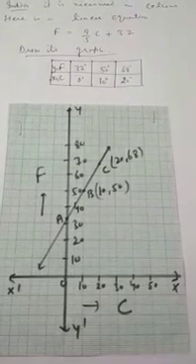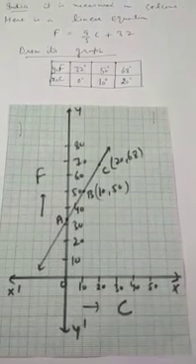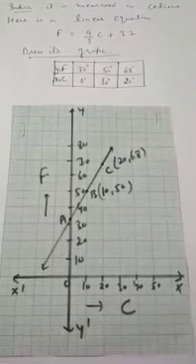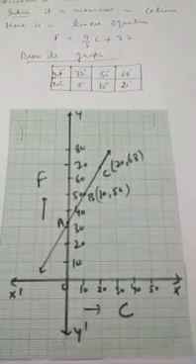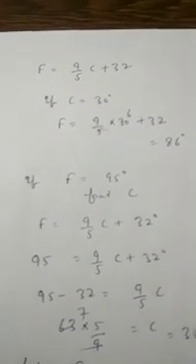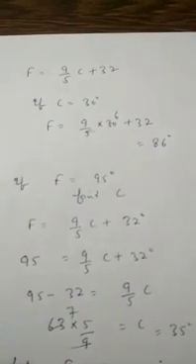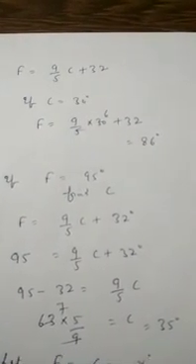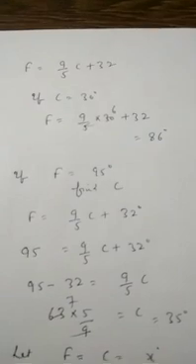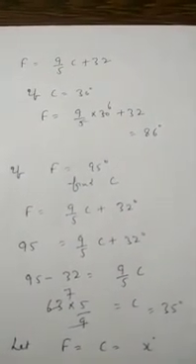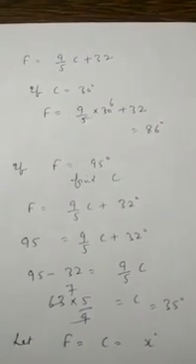So in this way, we are able to plot the graph of a linear equation in two variables in the case of word problems. Now there are certain more parts of this question. The relation between F and C is F is 9/5 C plus 32. Question arises, if C is 30, what will be F? It's very simple. In place of C, we will put 30 and F will be 86 after simplification.